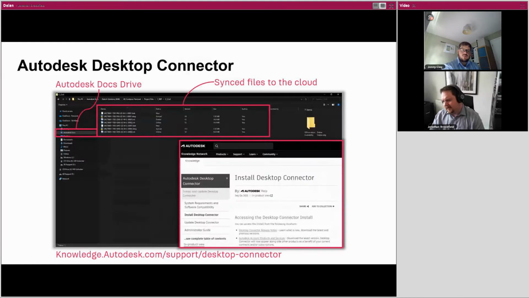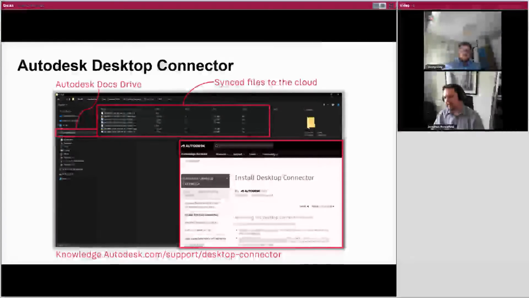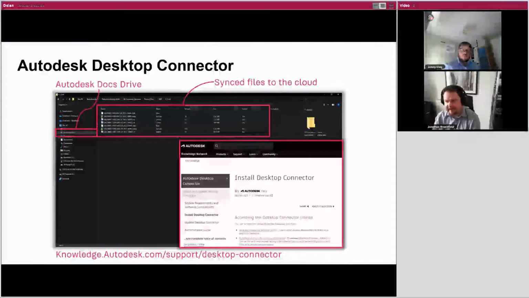Finally, one thing I did want to touch on, and it's quite an important one when working with the Autodesk Construction Cloud, is the Autodesk Desktop Connector. So this allows users to sync Autodesk Docs to a Windows Explorer environment. It is particularly useful when using applications such as Civil 3D and will be required for aspects such as data